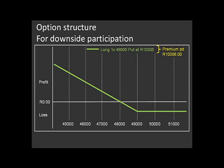So one contract with a strike of 49,000, that effectively is giving me exposure to 490,000 rands worth of market capitalization, because every point represents 10 rands worth of movement. I've paid a premium for that put option. I've paid 10,306 rand for that protection, and you can see how the payoff works. Above 49,000, I've paid away the 10,000 rand, and then it starts to make money, and it breaks even below 48,000. Then it continues to make a profit,